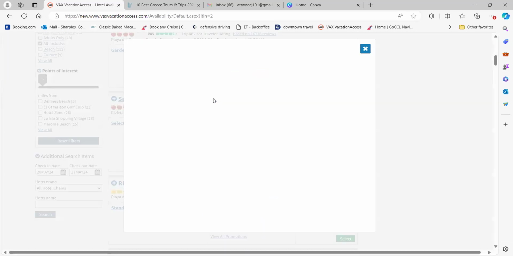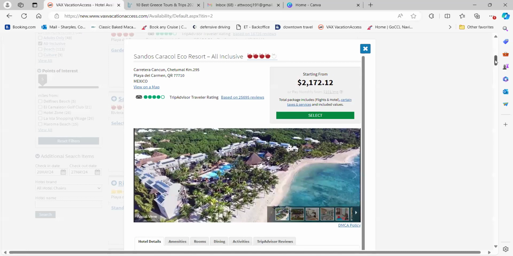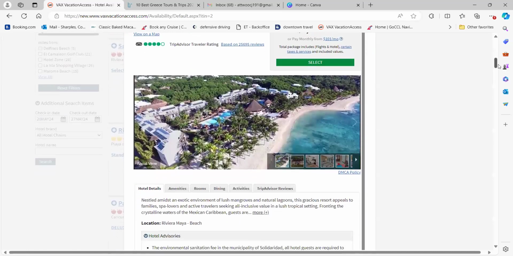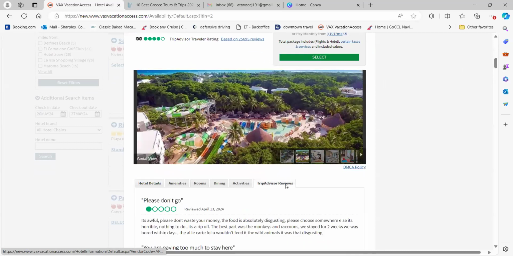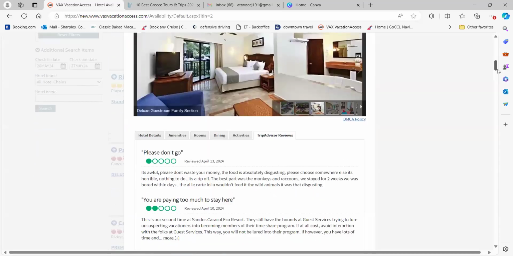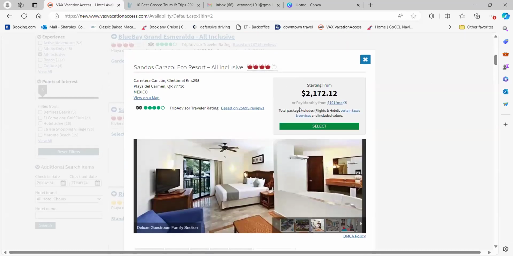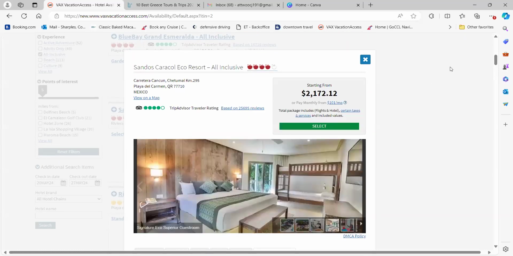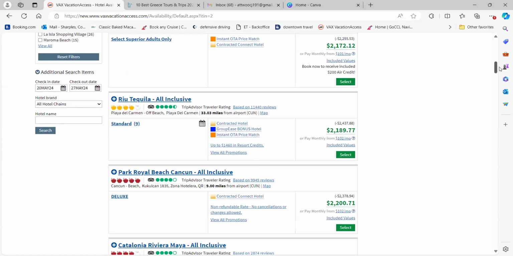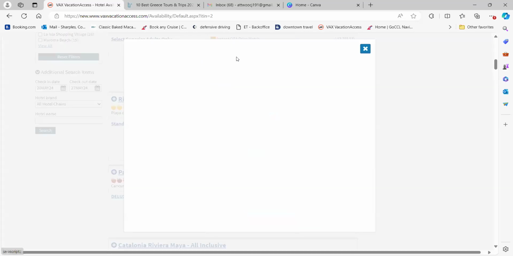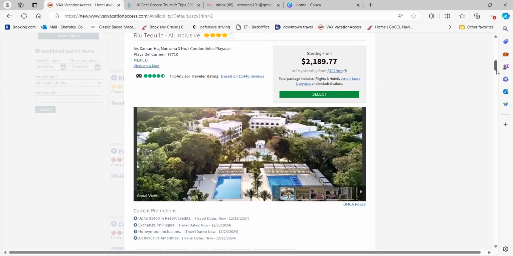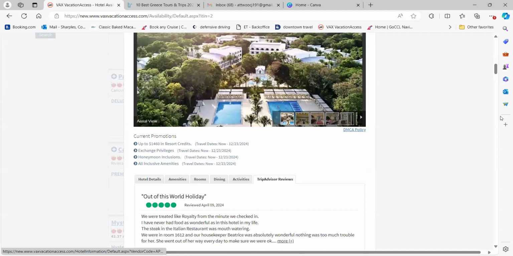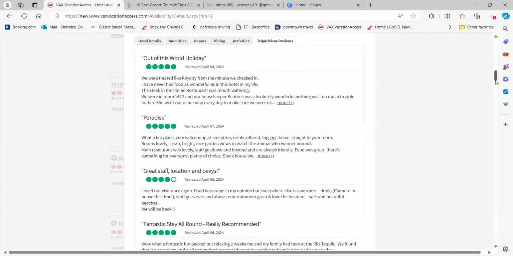Sometimes FunJet doesn't always give these reviews. So if I want to compare prices, I'll pull it up in here first, and then I'll switch it over to FunJet, if that's really what I want to use, to see if those costs are similar. So this one here, as you can see, 2 really bad reviews right away. Usually if it's got the golden apples, it's usually pretty good. Not all the time, so you always do want to double check the reviews here.